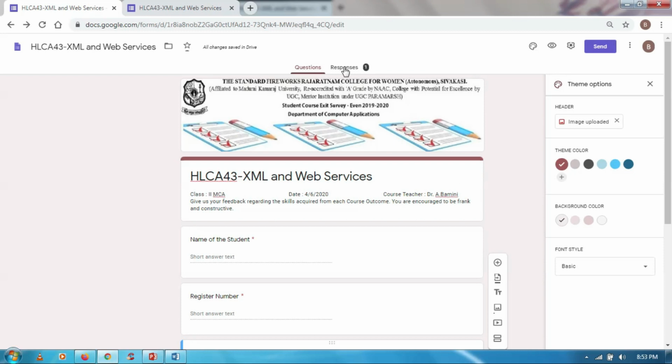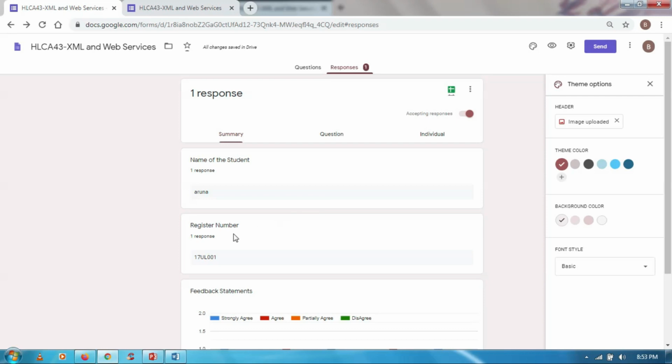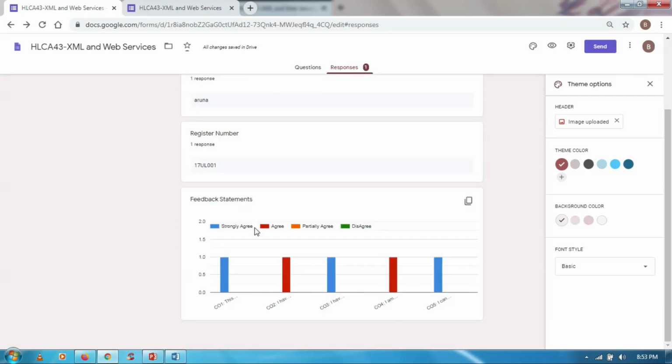Here in the responses you are able to see the name of the student as Aruna, the register number. Each and every CO has been displayed in the form of a bar chart. The first CO, the option selected is strongly agree. The second CO, the option selected is agree.